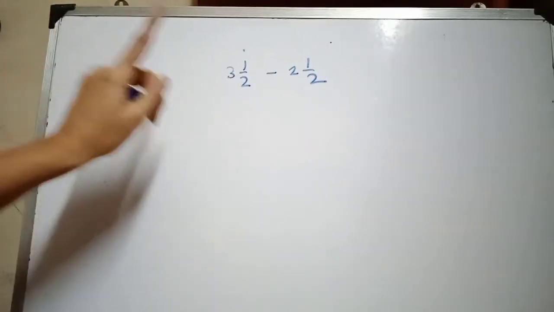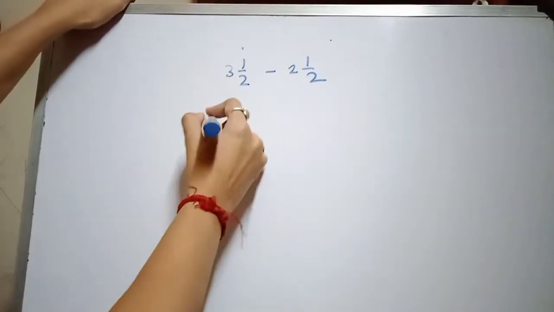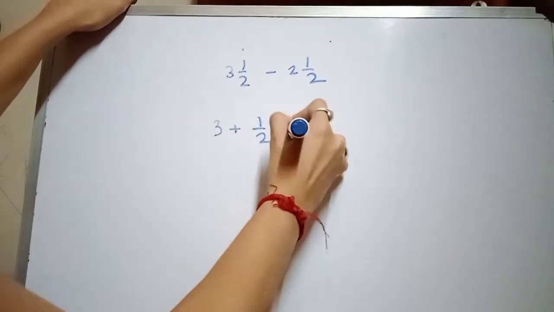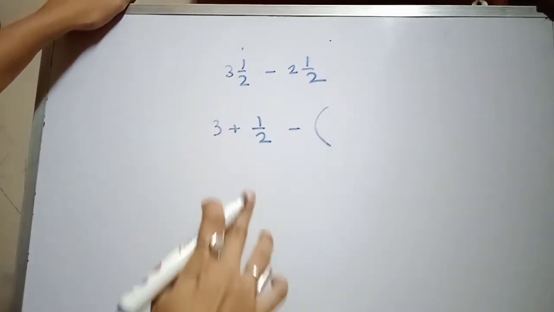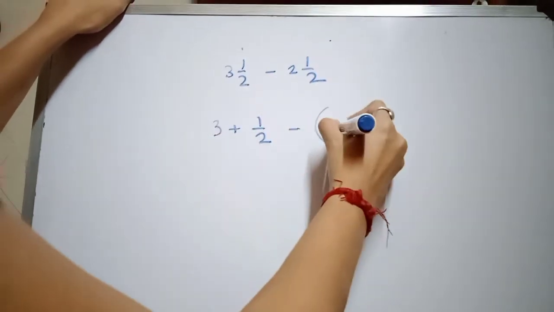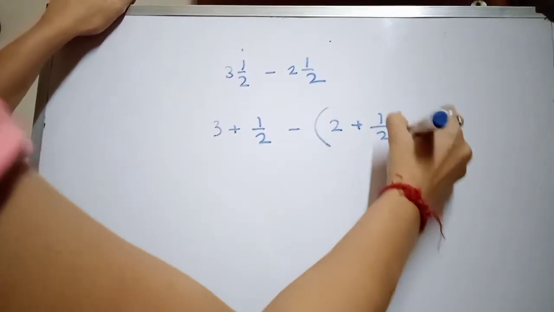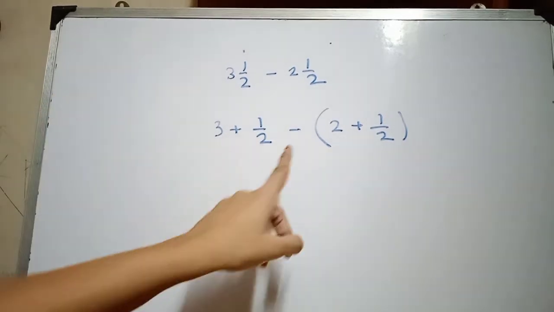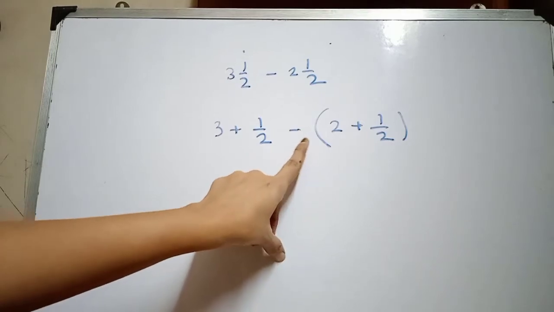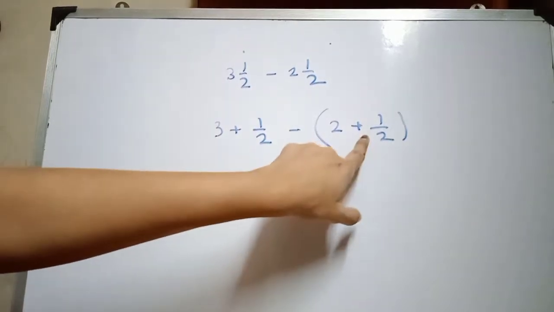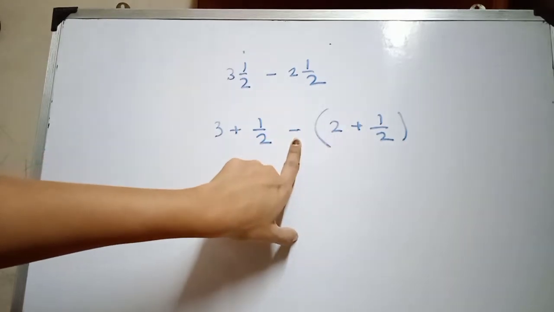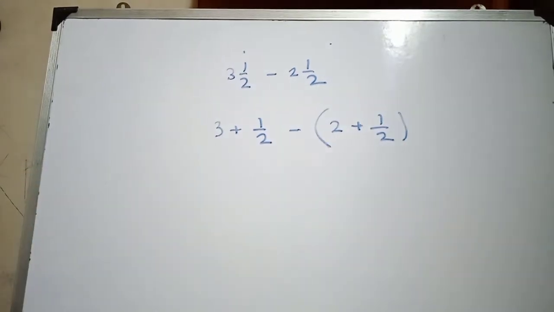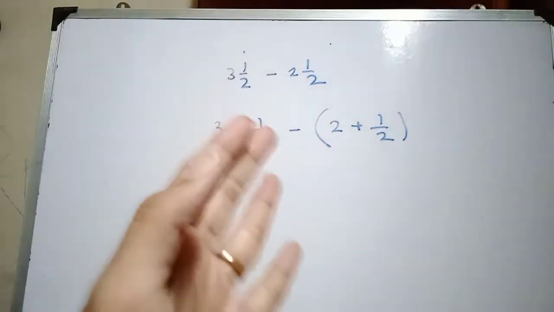This will be like this. Okay, so first we will take this. Now I will use a bracket because there is a minus sign here. In this process we can do it in two ways. If I want to use this process, I have to know that if I open this bracket, all the plus signs will be converted into minus. But this is very difficult to remember because you have not learned about this sign conversion yet.